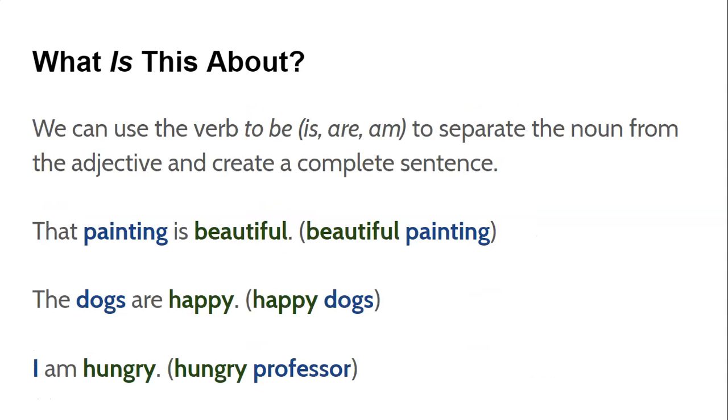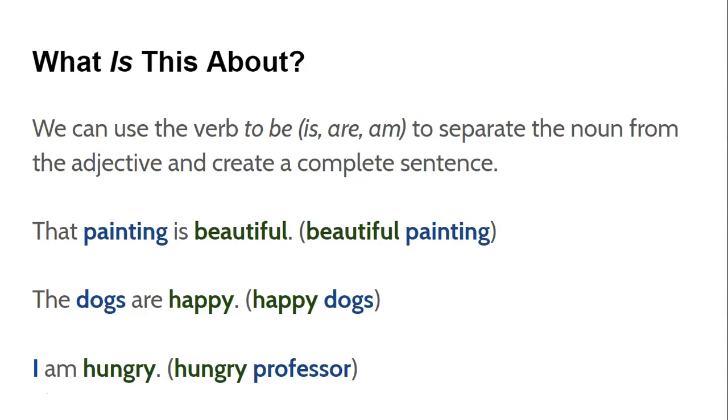The first is using a form of the verb to be. And to be, in just about any language, is one of the most irregular verbs. So what this means is that verb that comes in the different forms like is, are, am. You know, I am, you are, she is. It's the same verb but in different forms.